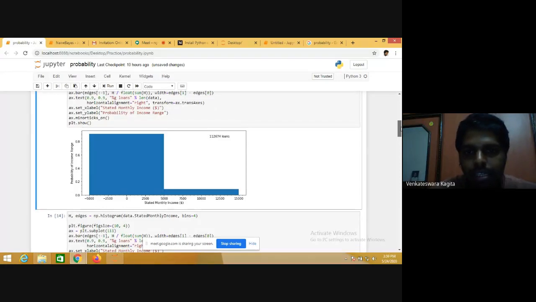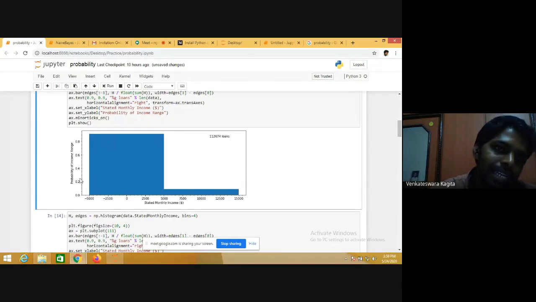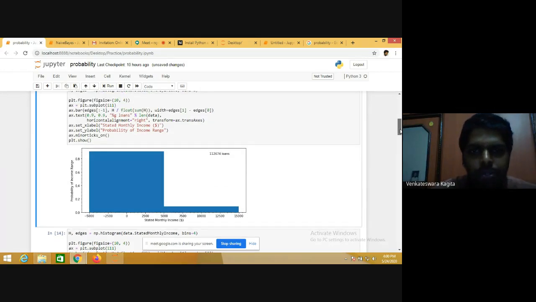There is an income range from minus 5,000 to 5,000 in one bin, and approximately 5,000 to 15,000 in another bin. You can see the probability of income range. Most of the people fall in the minus 5,000 to 5,000 bin, and very few people fall in the 5,000 to 15,000 bin. But how do you do this?